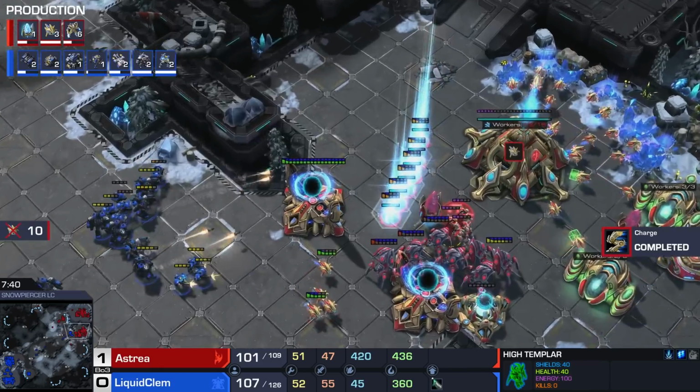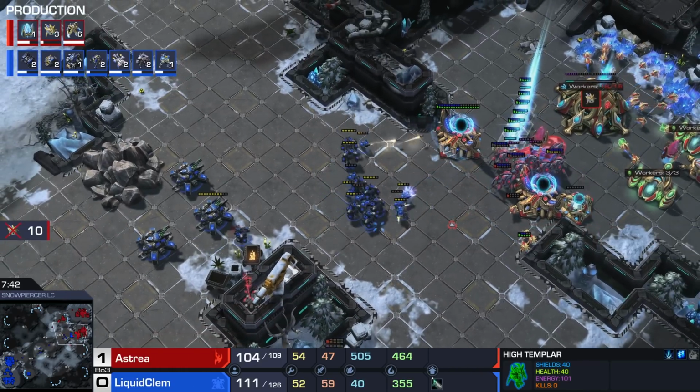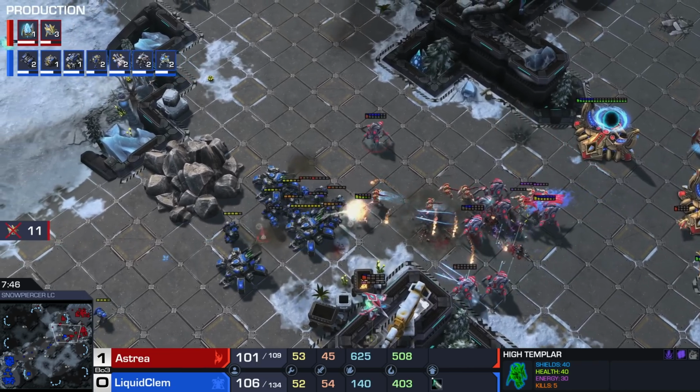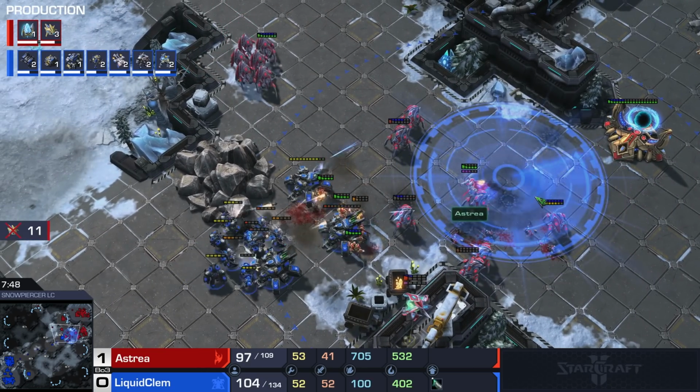He's just trying to buy time. There we go, 6 additional Zealots coming up. Clem sees them as well. Not much he can do about it. He did not quite expect his entire bio ball to get stormed, and just like that, nice targeting though with